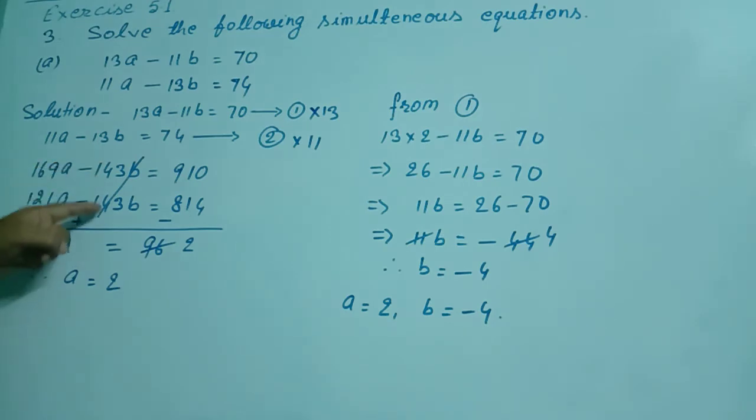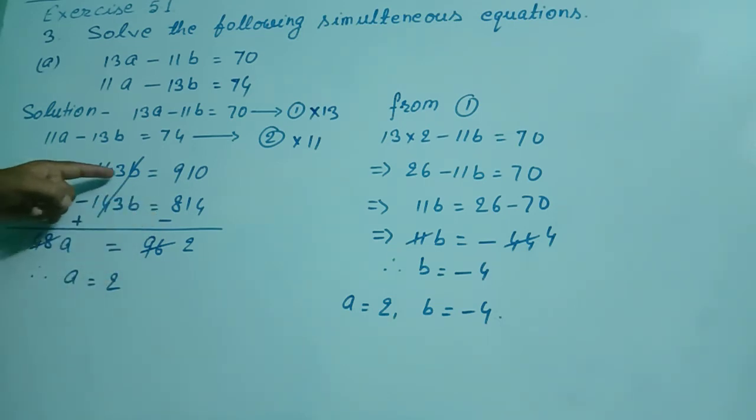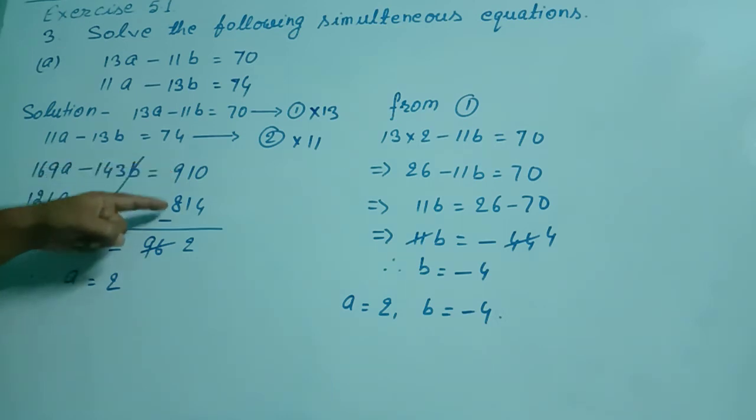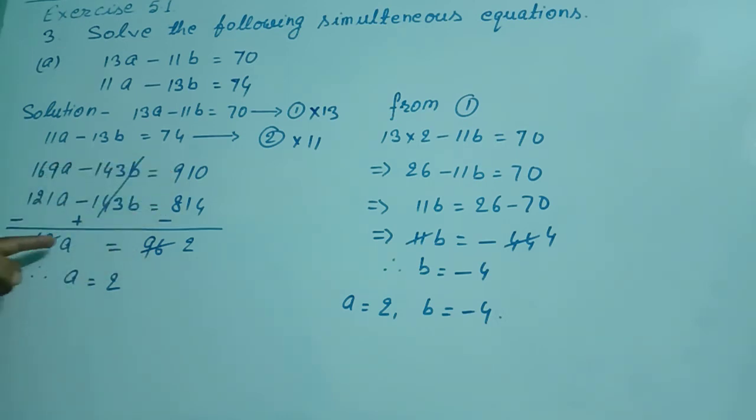Here we are seeing that these two terms are equal, but both have the same sign, that is minus. We shall make this plus. For that we will subtract this lower equation from the upper equation, and then all the signs will change. We will write the opposite signs. Plus will be minus, minus will be plus, and plus will be minus. So minus 143b and plus 143b cancelled. Solution of these two became 48a and solution of these two became 96. 48 2s are 96, therefore a equal to 2.